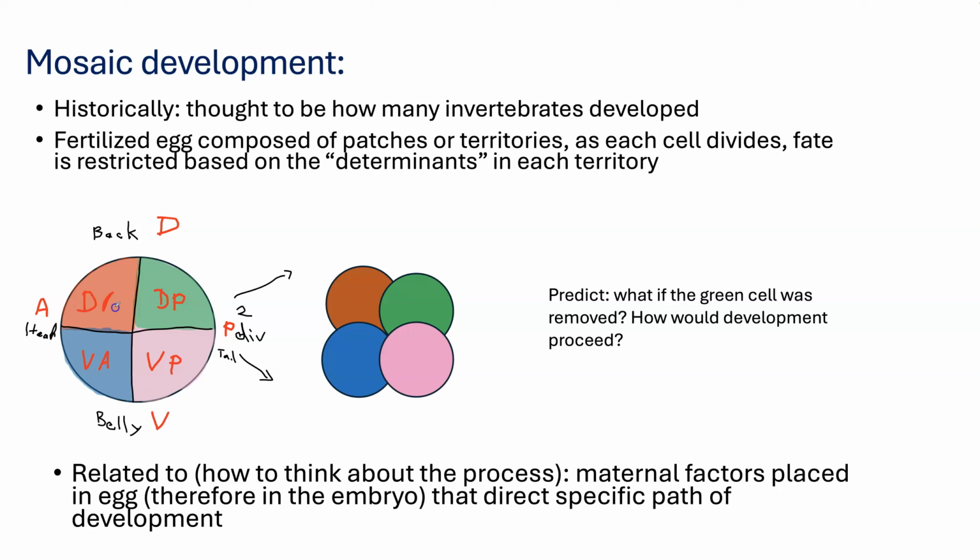Okay, and as I said, not all organisms are exactly divided this way. There are some that have different kinds of symmetry, but if you thought of just a fish or a reptile or something, you would see head versus tail, back versus belly. And the idea is that there are different determinants. They weren't completely sure what those were, because of course they didn't know about DNA at that time, or much about protein at all. But the idea is that you've got determinants, and that they are found in this region,